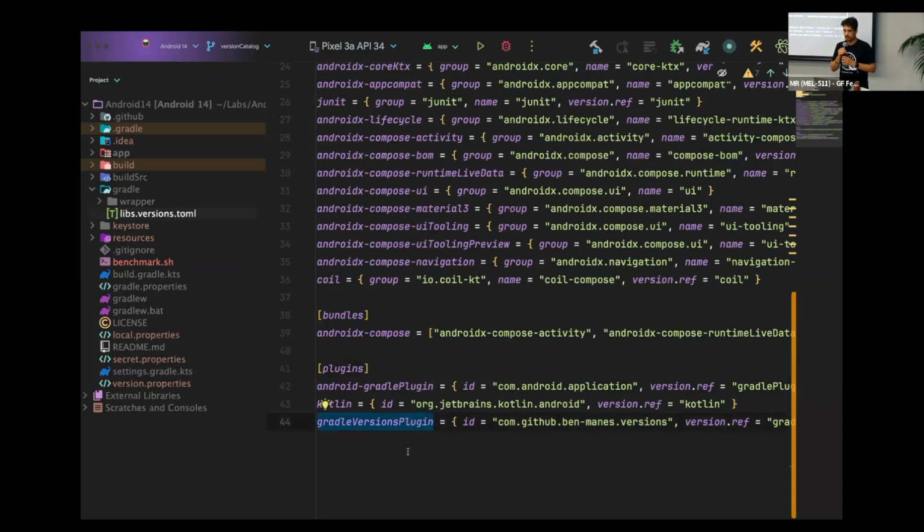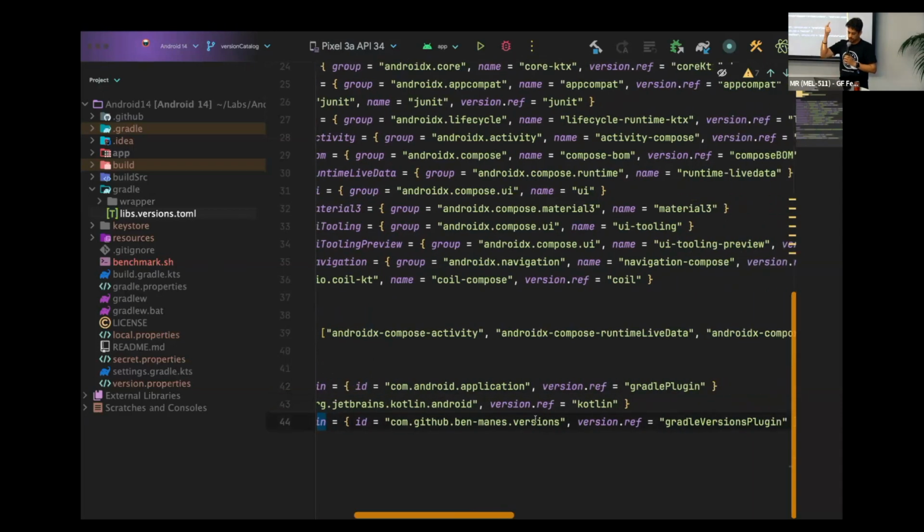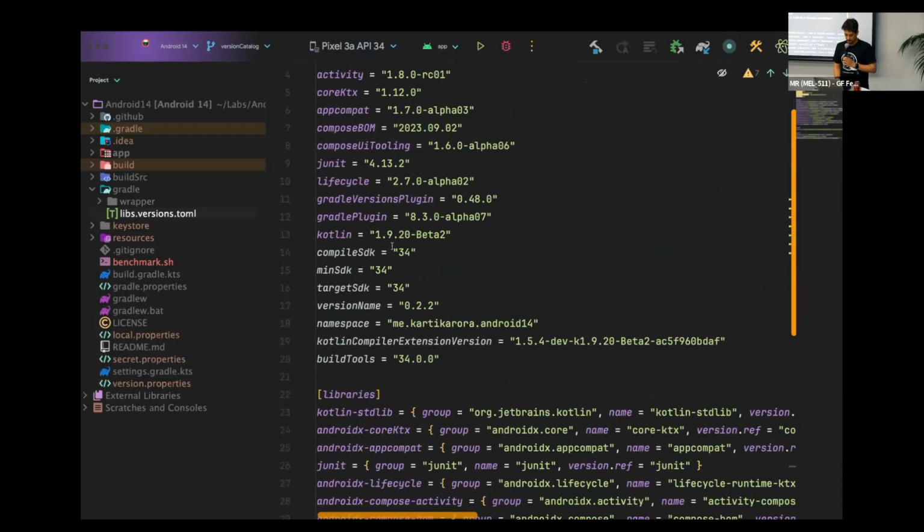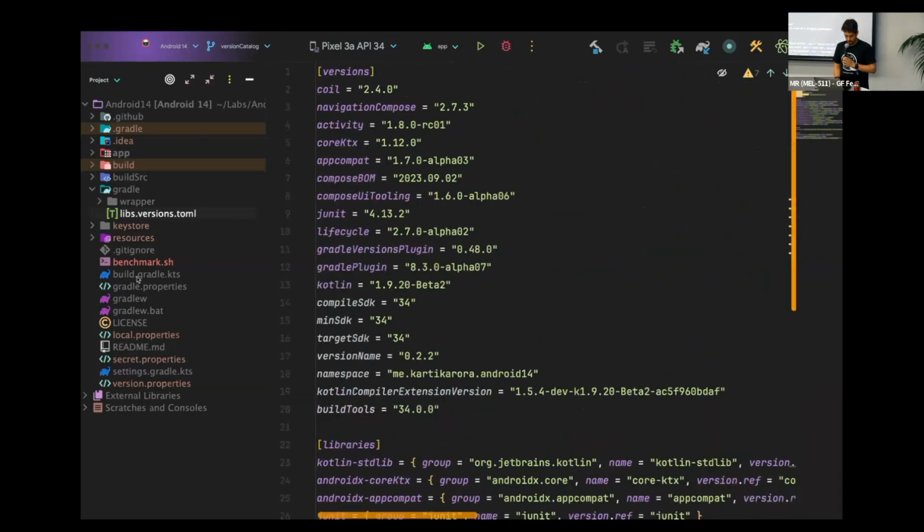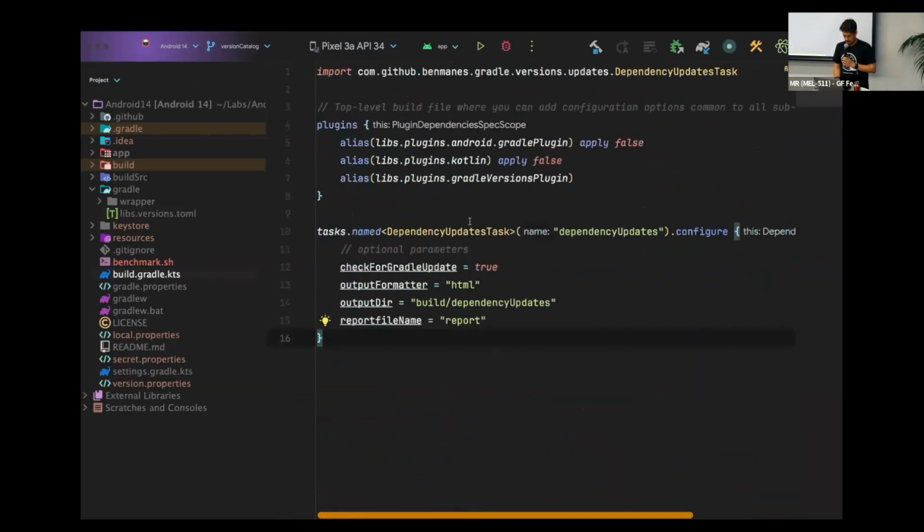For some reason, the plugin scope doesn't recognize any of these objects. Anyway, I've got the plugins also declared over here with proper version referencing from the list of versions at the top. Now going back to build.gradle, the root project one, I can just use libs.plugins and then the plugin name and make a decision on applying this or not. And I don't have to worry about versions or anything because it's already declared over there.